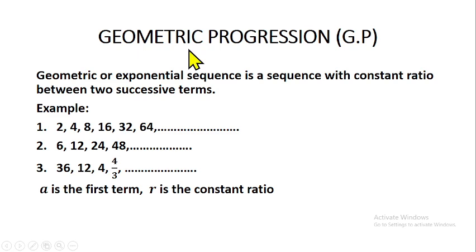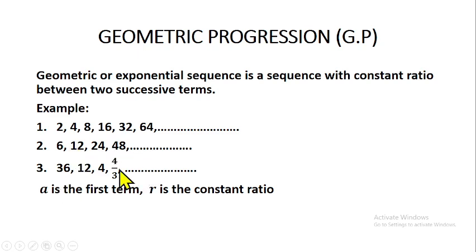So if you want to know how to identify a sequence that belongs to geometric progression, the sequence must have a constant ratio between two successive terms. Do you understand that now? Let's look at this one. Does this one belong to AP? No, because it does not have a common difference. Rather, it belongs to geometric progression. Let's see. 12 divided by 6 gives us 2. 24 divided by 12 is 2. 48 divided by 24 is 2. So you can see there's a constant ratio between two successive terms here.